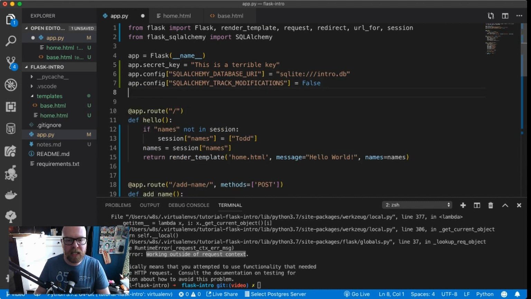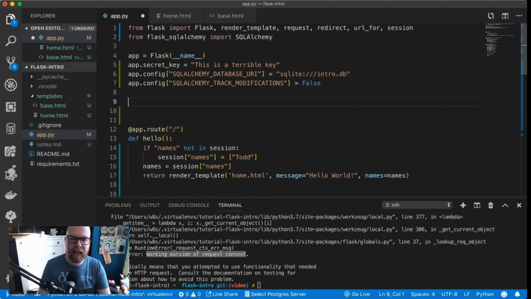We need to give it a URI to connect to the SQLite database that we're going to utilize. And I'm also just setting this value because I know it's deprecated and I don't want it to be super noisy. Once we have the configuration set, we can then say db is what I'm going to call my SQLAlchemy